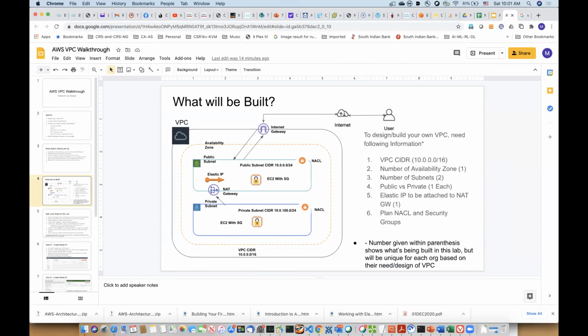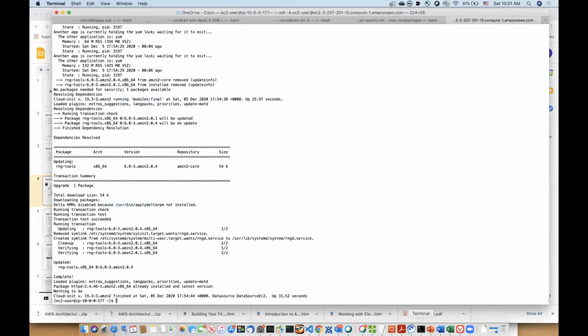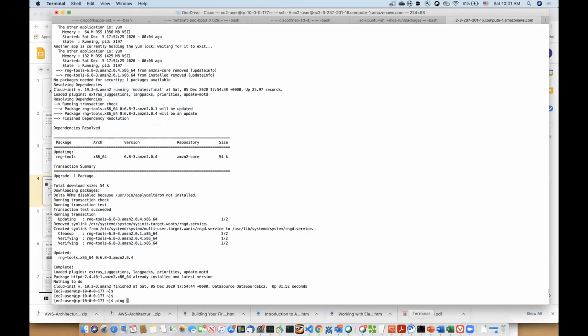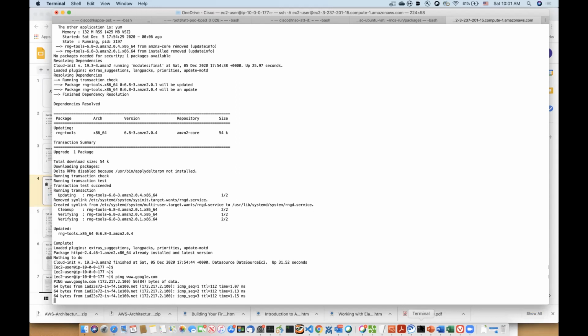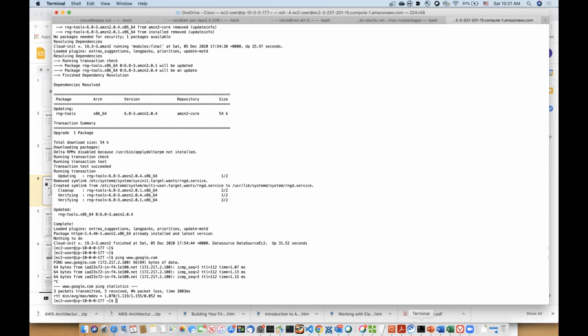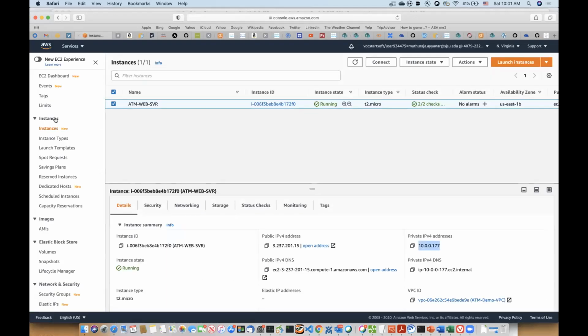Let's make sure that we can go out from here as well. We can do that. The fact that the web server got installed and all those things also confirms that it had external access. So now what I'm going to do is I'm going to go back to the instances and launch a second instance,